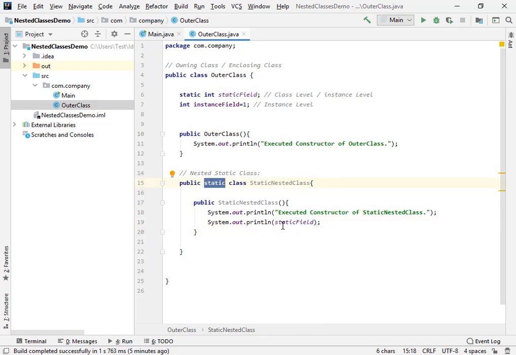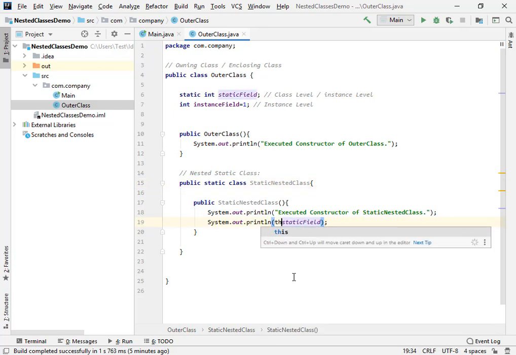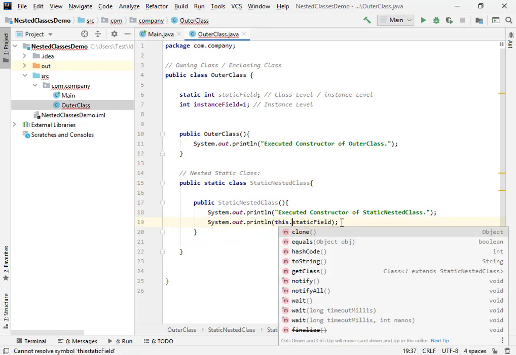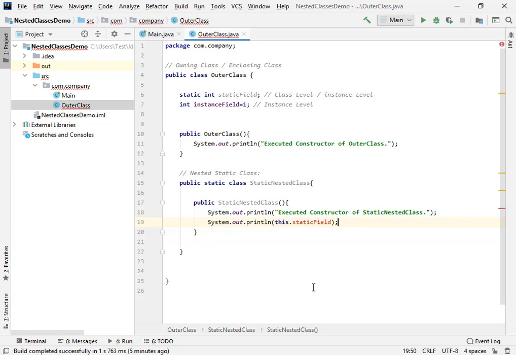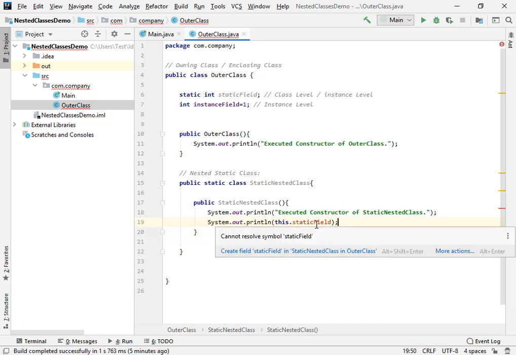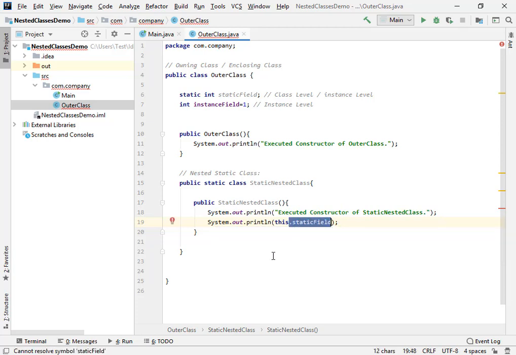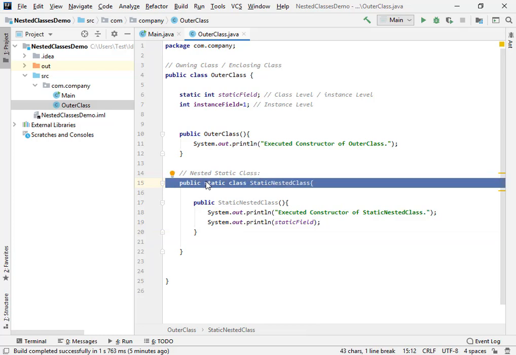But what if I use this keyword? If I use this keyword, you can see we have an error. If I hover over it, at this point it cannot identify which particular field I want to access, because I am using this, and this particular keyword is not allowed to be used in static nested classes. Okay,